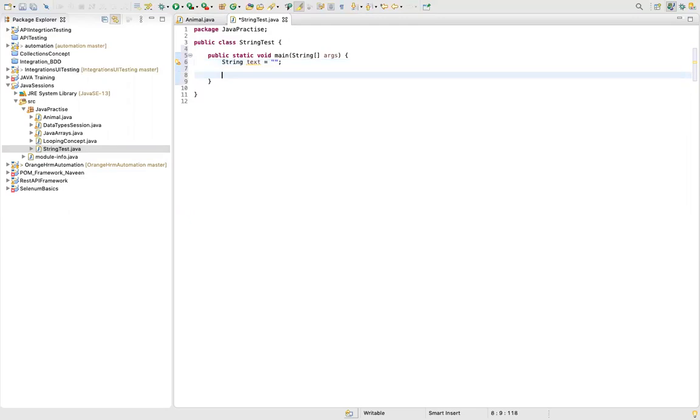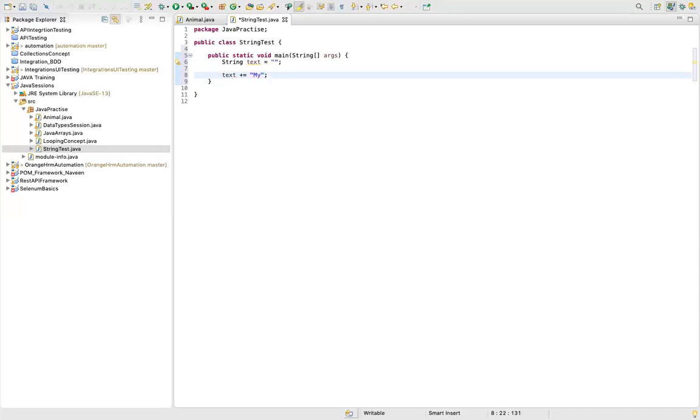Now, if you want to keep on appending something to this particular string, like in the example I had given you, a puzzle related to string, maybe something related to reverse, one of the ways to append into any string is you can use text plus equals to, and you can say my.